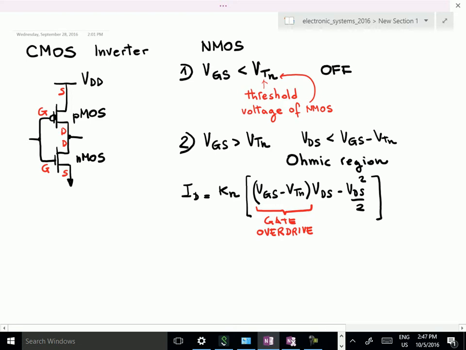When I say almost, I mean that for small VDS we can neglect the term to the second power of VDS. This Kn is a function, as I said before, of material properties and of geometry. In detail, it is given by this expression,